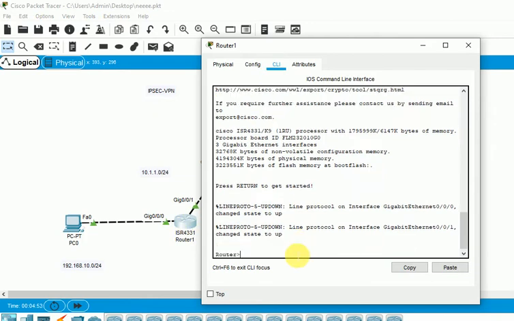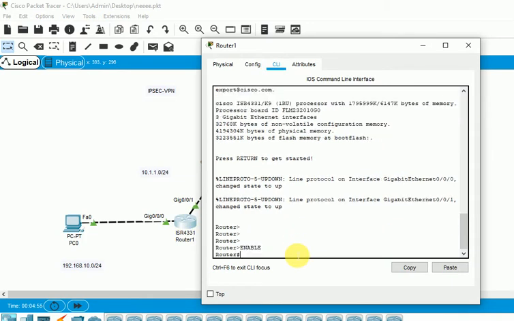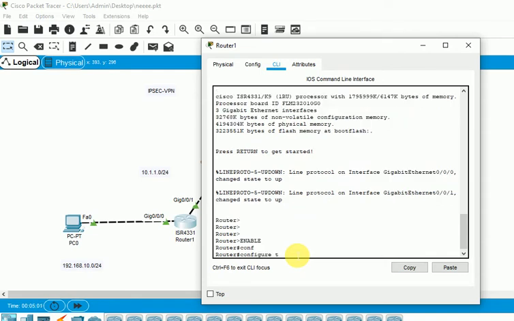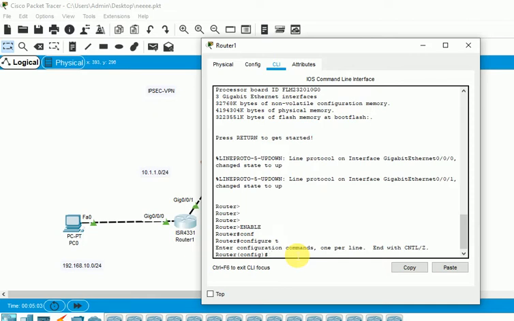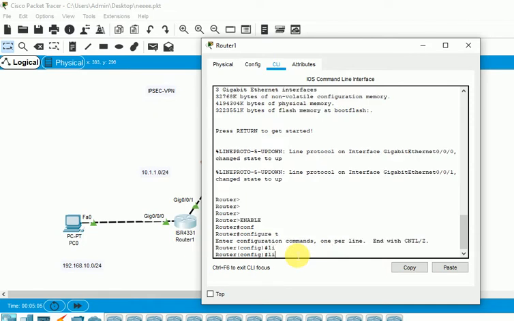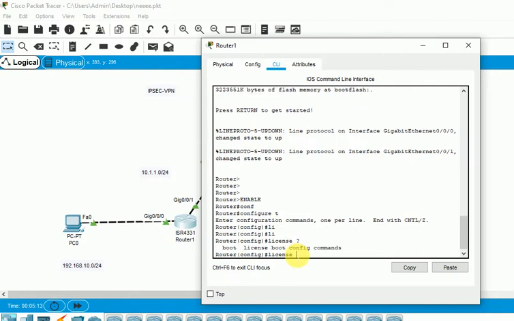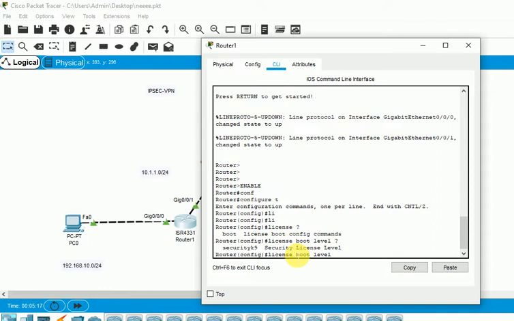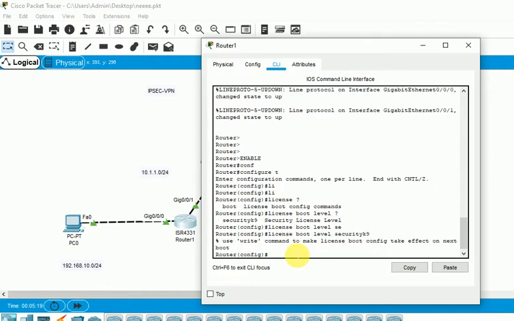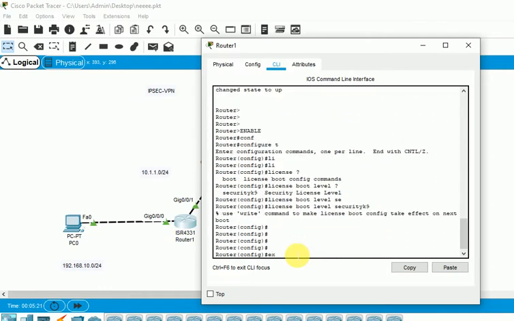We have to enable the license. In configure terminal, license boot level security k9.